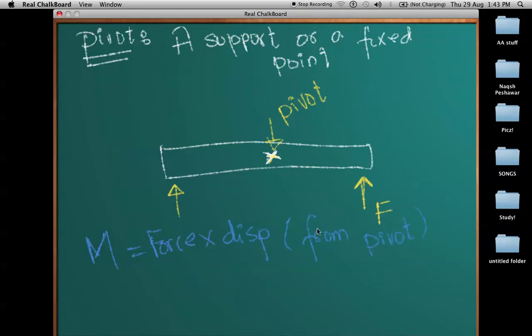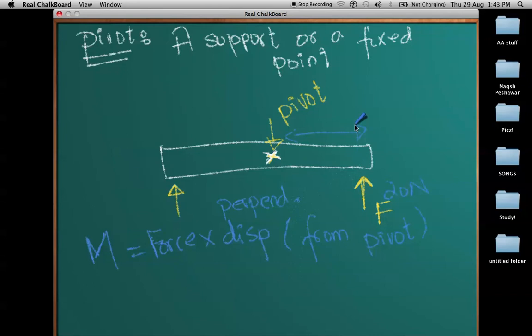What I meant here was the magnitude of this force, let's say this is 20 newtons, times the displacement from the pivot, or to be more precise, the perpendicular distance from the pivot, because this distance would always be perpendicular to the direction of the force,